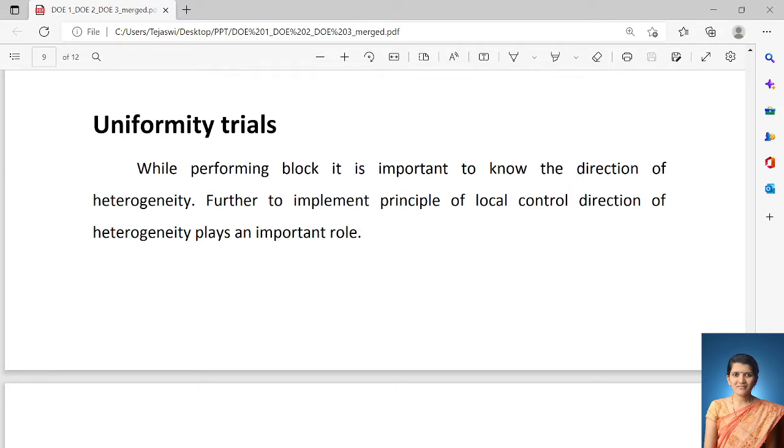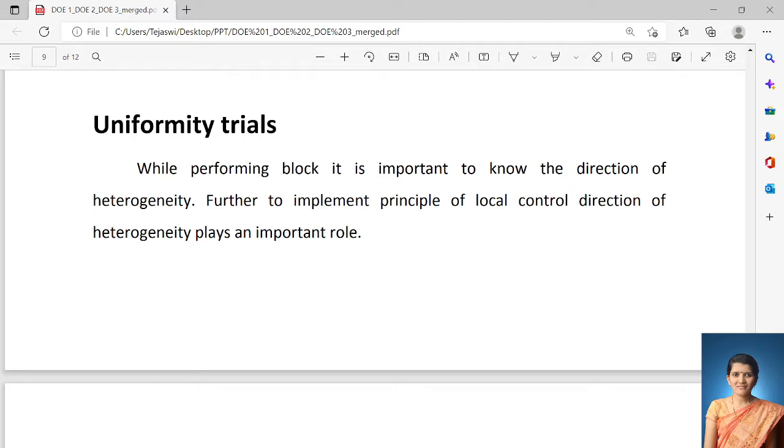So first we have to take the trials. The first terminology is uniformity trials. How to take the trials? We have to take uniform trials. While forming the blocks, it is important to know the direction of heterogeneity. Further, to implement the principle of local control,